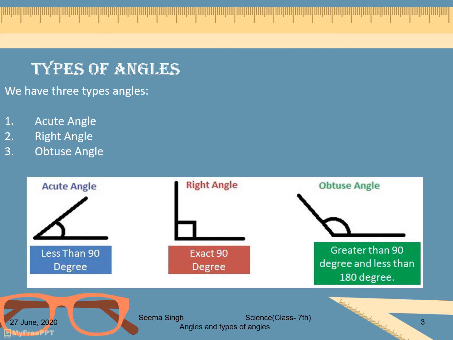After understanding what is an angle, we have seen that an angle is formed when the two rays or two arms or two sides join at a common point called the vertex. Now, what are the various types of angle? That is how we can classify these angles. So, there are majorly three types of angles. What are they? They are acute angle, right angle, and obtuse angle.